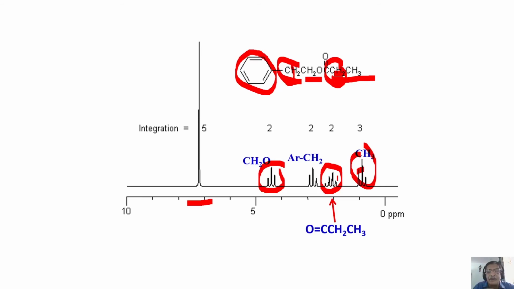When you have confusion in assignment of the peak, like an example like this, both are CH2s. How do you know which is coming downfield, which is coming high field? Look at the coupling pattern and see which splitting pattern separation matches with this one, and that is the CH2. This is the way you can start making analysis.